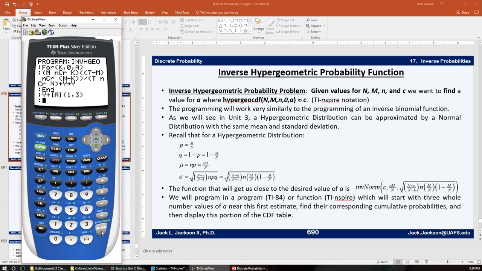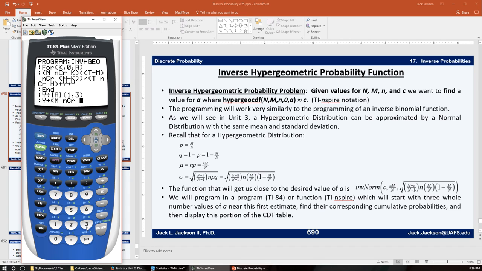Okay, so that should get that in there. Now what we want to do is take that y and add one more probability to get the next one. So we want to take the y that we have and add one more probability to it. So the one more probability is m